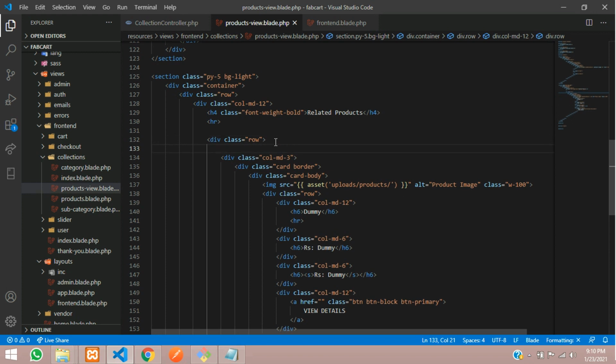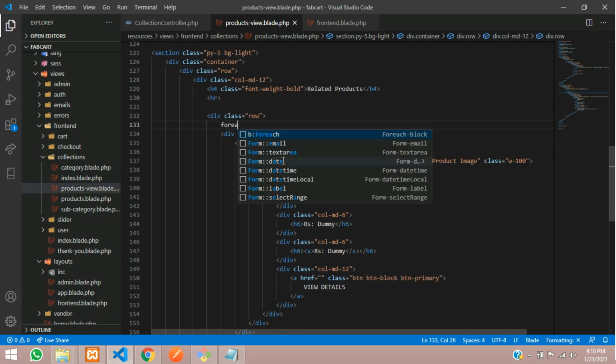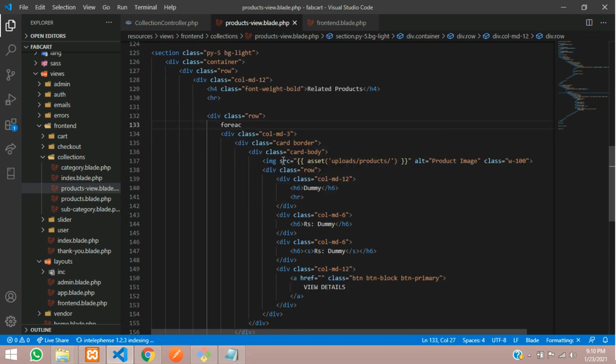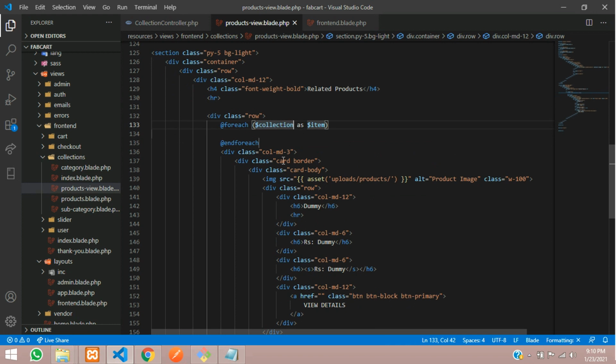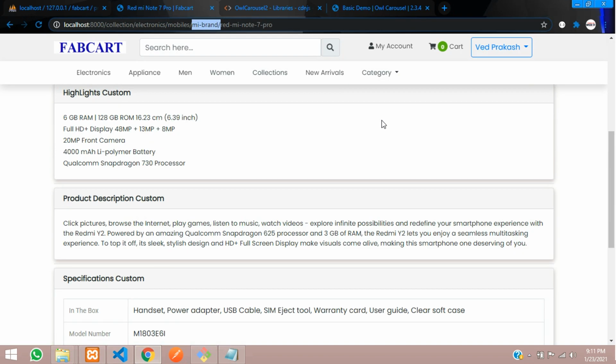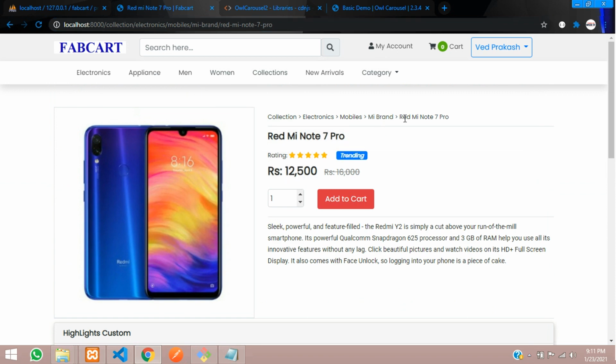Let me type foreach, and inside it you pass the products variable. With the help of this products variable, you search the brand. Which brand? The MI brand, over here. This is the product name, and this is the brand, MI.